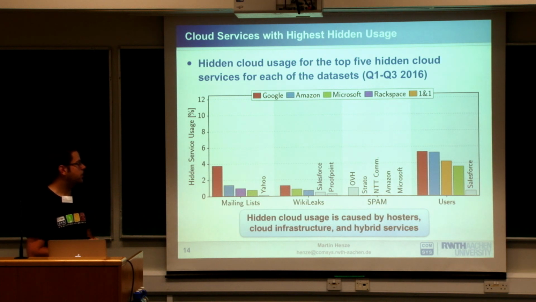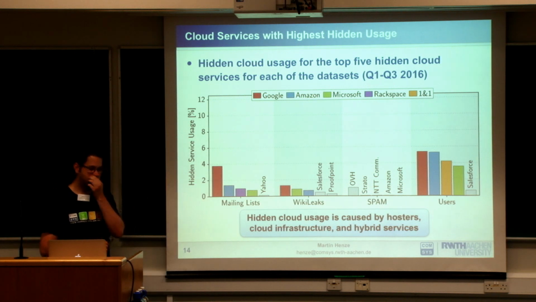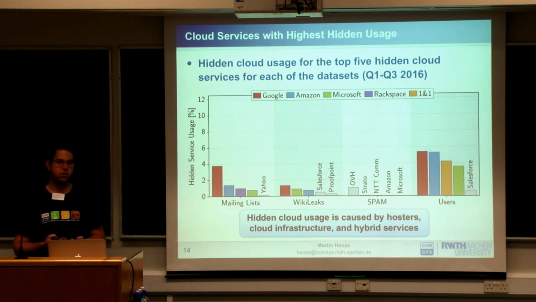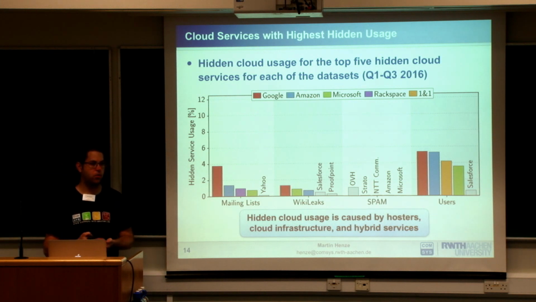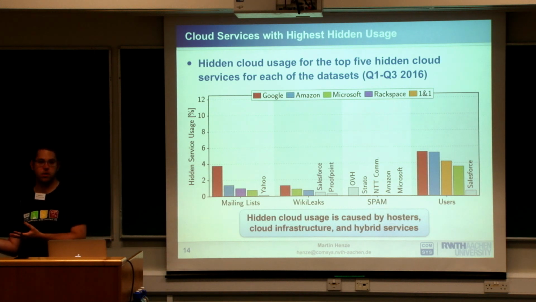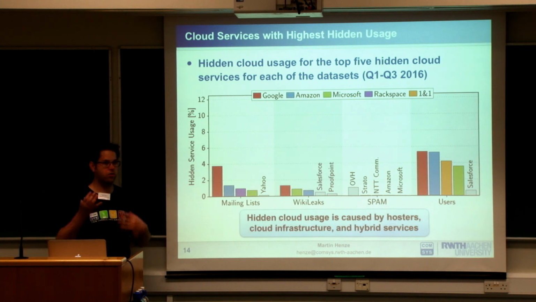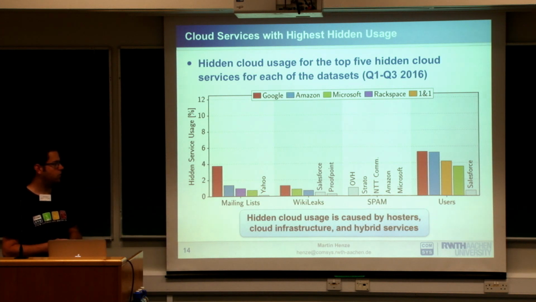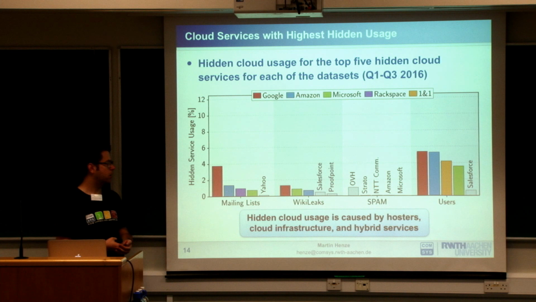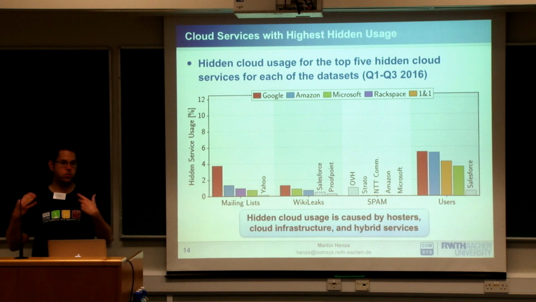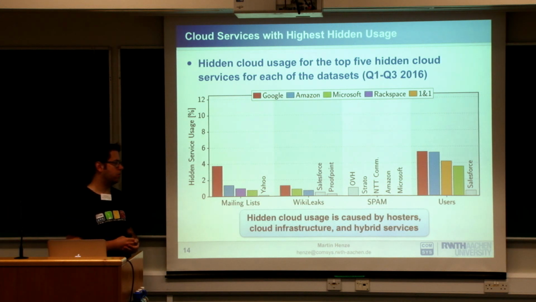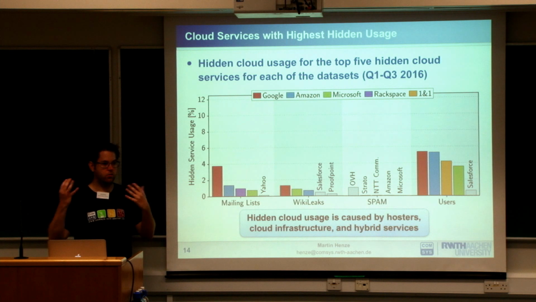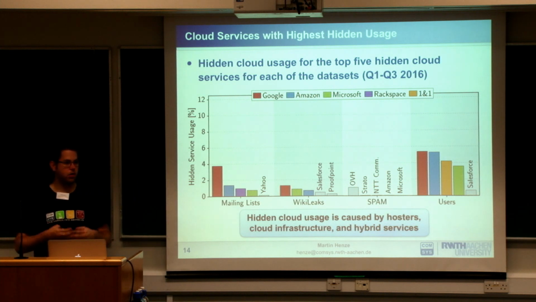So what you also see is for the spam data set, essentially all cloud usage is hidden. There is very little cloud usage, and that makes sense, because as an operator of cloud infrastructure, you don't want anyone to send spam over your infrastructure, because you might get blacklisted, or you have to handle all the abuse messages. So they are dealing fairly well with preventing spam being sent, but if it happens, then typically people try to put in some email address that hides that it is coming from the cloud. And this makes sense, because for spam, you want to have good visibility.